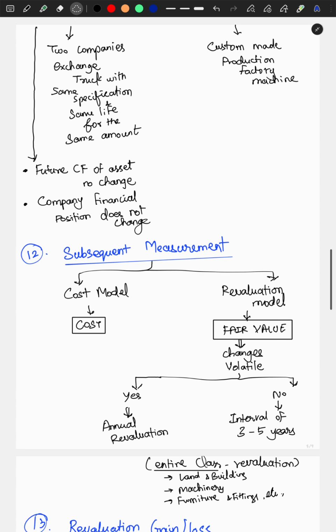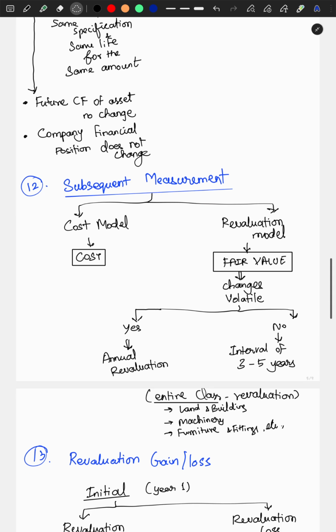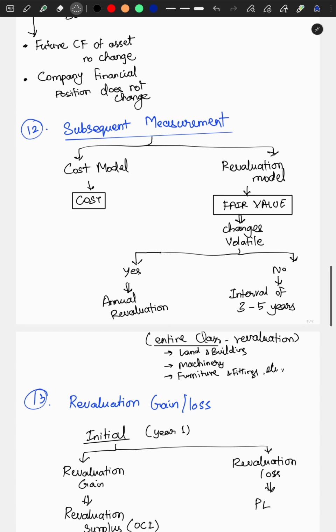Then subsequent measurement. In case of subsequent measurement, there are two models followed: cost model and revaluation model. So cost is nothing but the acquisition cost, plus the DAT, and then plus the DSR will be the cost. In case of revaluation model, at every point of time it will be revalued to the